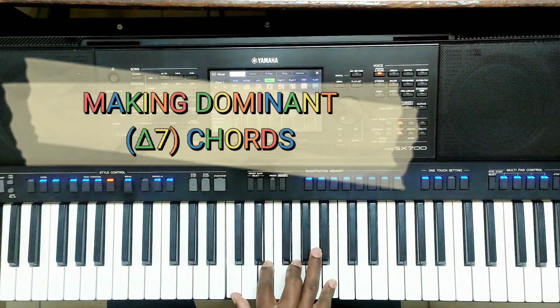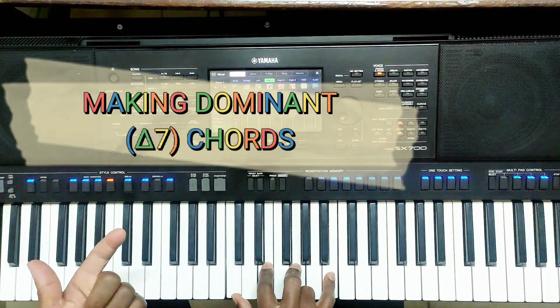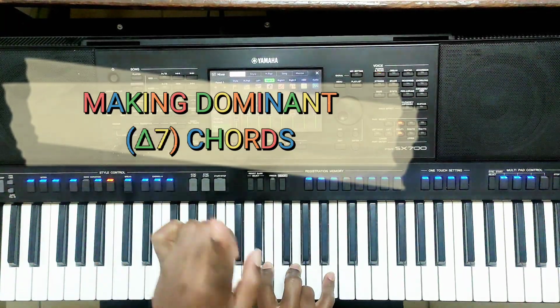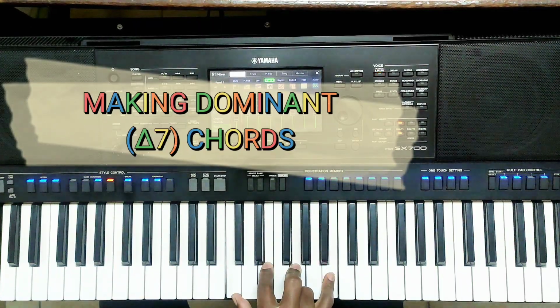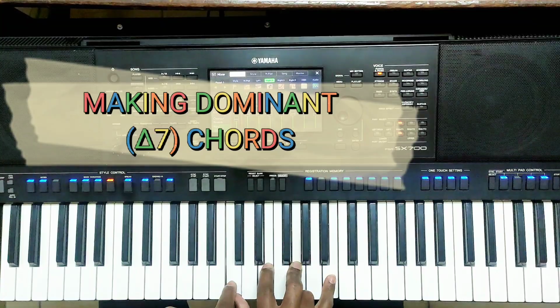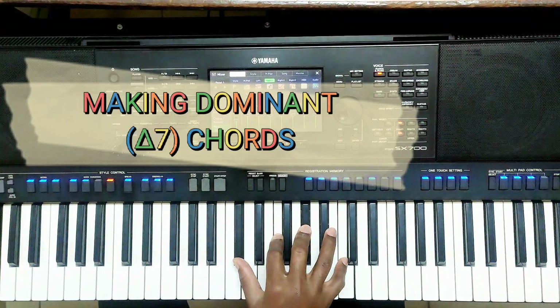Now the flat 7 chord, from the word itself flat, to flatten the note, what does it mean from my previous videos? Is just to take down a note, a semitone. Yes, like this. If this is a C major 7, this is a C sharp major 7, this is a